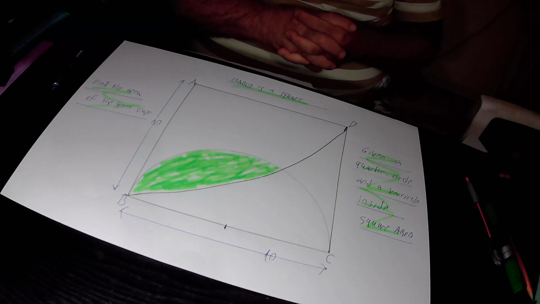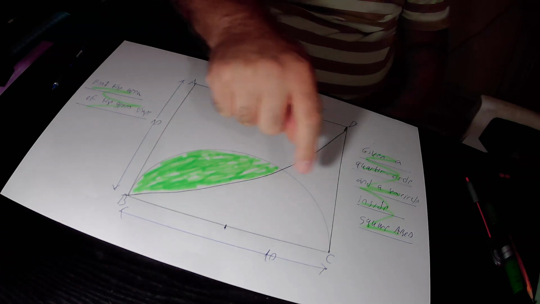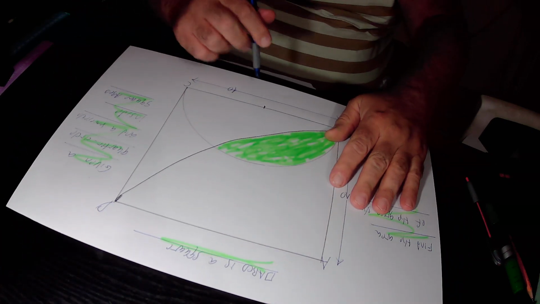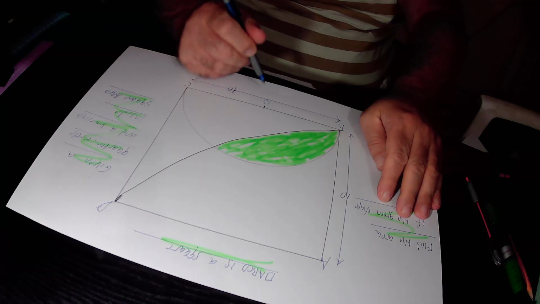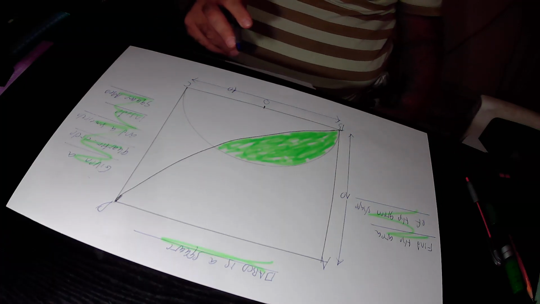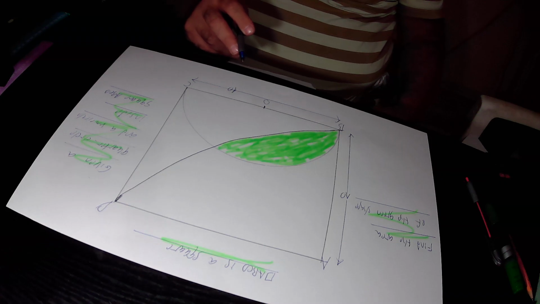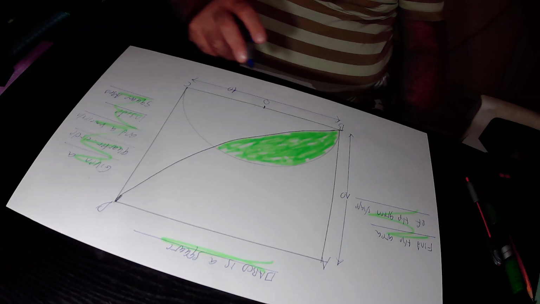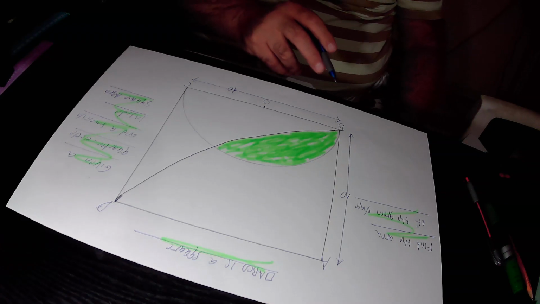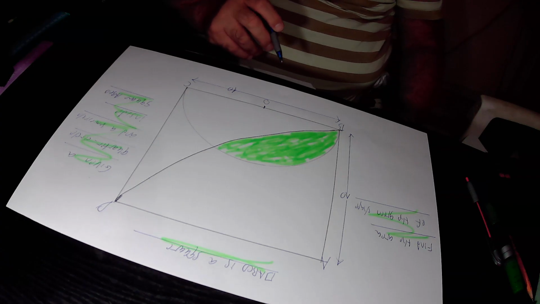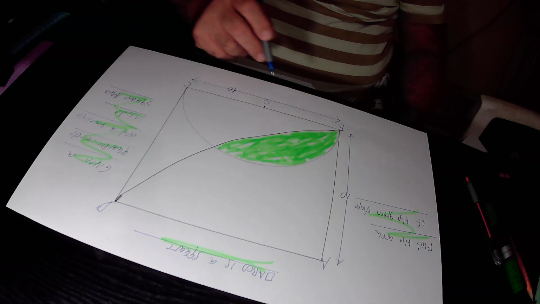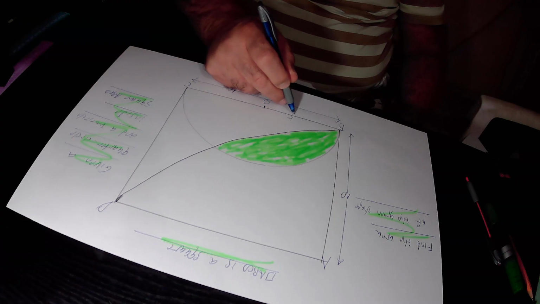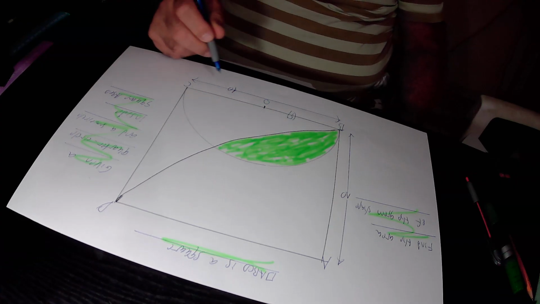So first of all, we find the center of this semicircle. This point is point O. BC is one side of square ABCD, but BC is also the diameter of this semicircle, and it is equal to 10 units, and therefore the radius of this semicircle must be equal to 10 over 2, that is 5. So the radius OB equals 5,